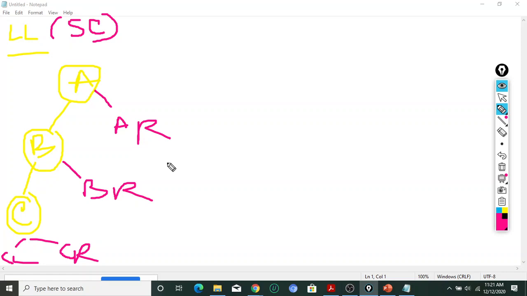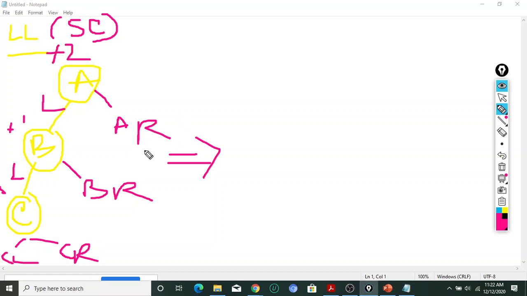But if I consider a practical example, we will see that where the imbalance happens in the tree, some other left child and right child are present. So how can I handle that? Please try to understand. If I insert a node in the left, that is a left imbalance, yes or no? So this is 0, this is plus 1, this is plus 2, so that means left heavy.